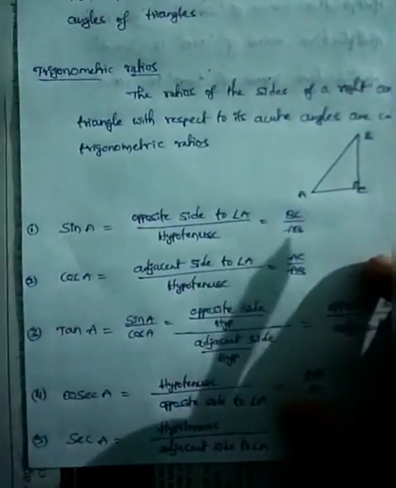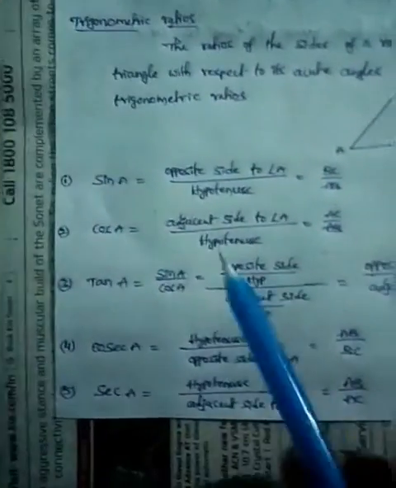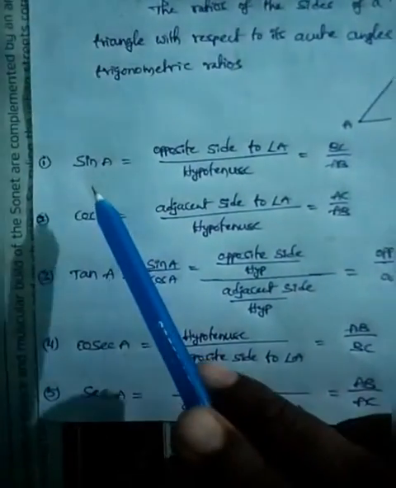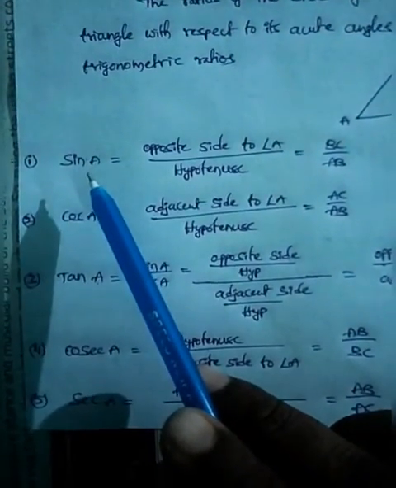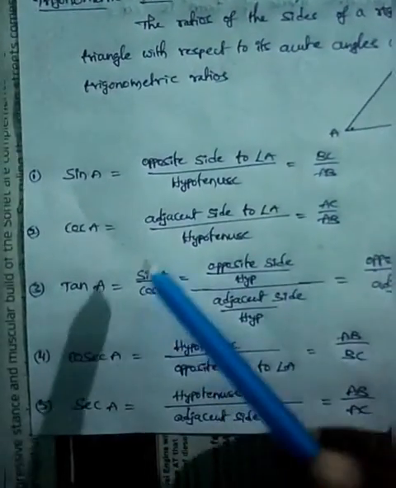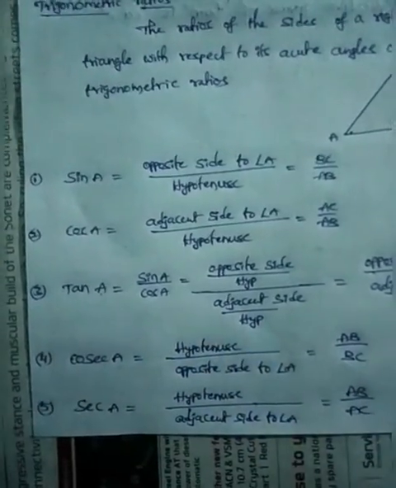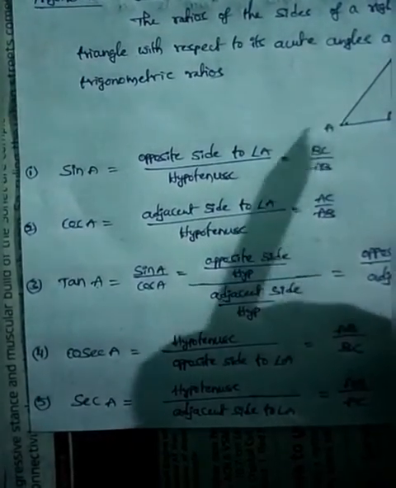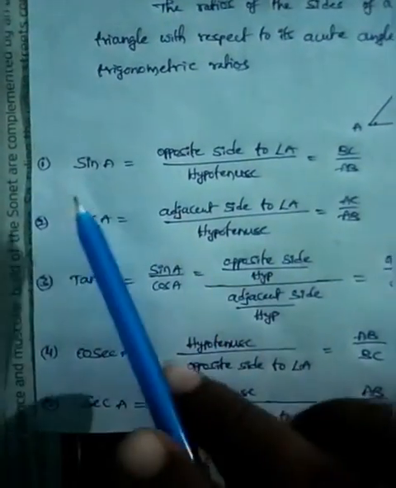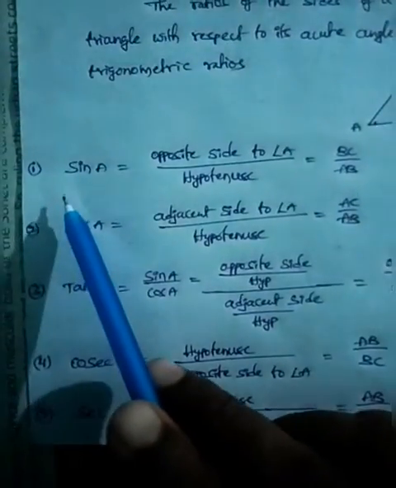We have 6 types of trigonometric ratios and they are sine, cos, tan, cosecant, secant and cot. Let's observe what sine is. Here A and B are acute angles. By using acute angle A, I wrote some ratios, and by using the remaining acute angle you can write the same ratios also. That's your homework. So let's watch the acute angle A and derive sin A.